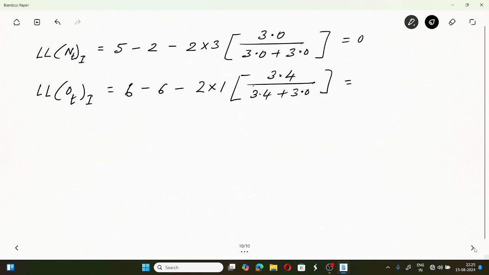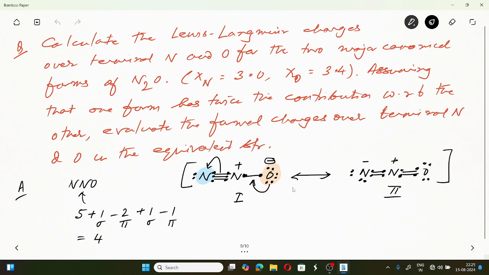So if you calculate this, it will come to minus 1.06. Now the actual value becomes minus 1.06 if we consider the effect of electronegativity. So if you calculate the Lewis-Langmuir charge considering the effects of electronegativity, then